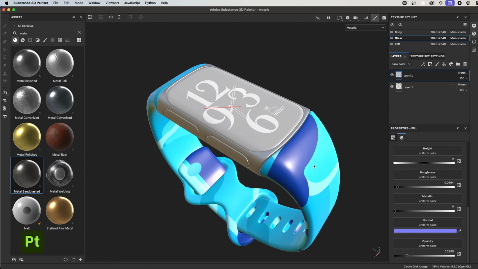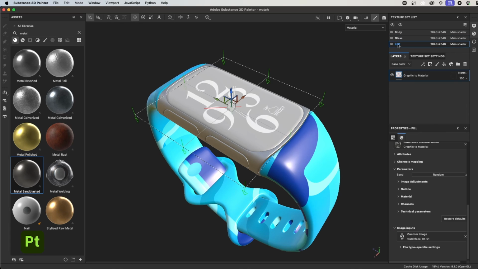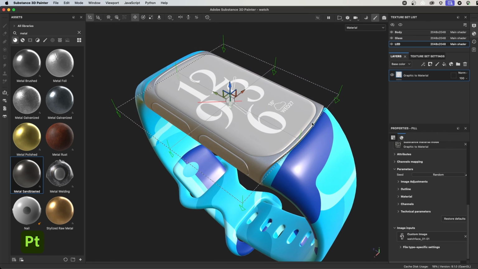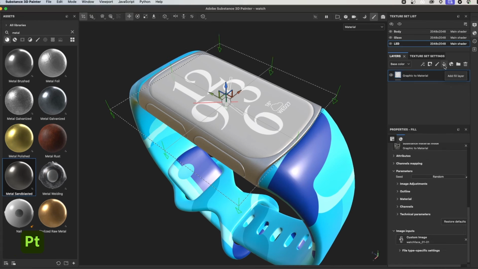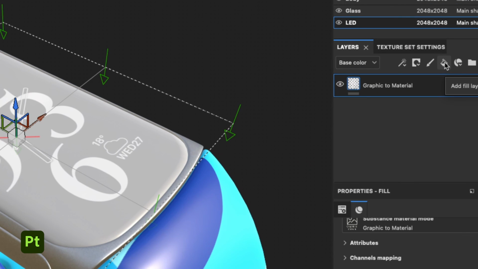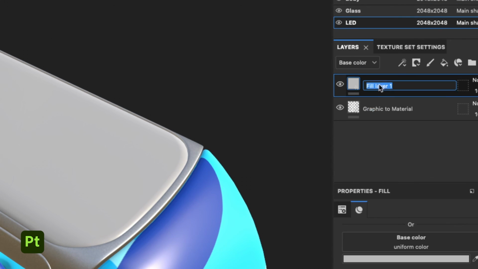Okay, so looking at the finished project here, I want to make one final change. I'm going to jump back here to that LED screen where I have my watch face, and I don't like this gray background. So let's add a color to this. So here I'll go to my layers. Once again, you can see you're constantly doing this in Substance Painter. I'm going to jump over here and add a fill layer. So we'll click our paint bucket icon. Let's just call this